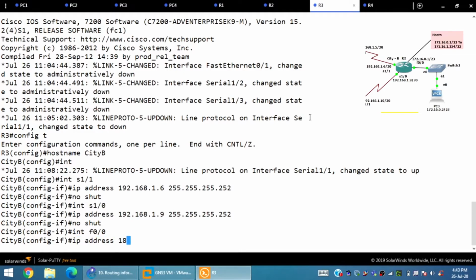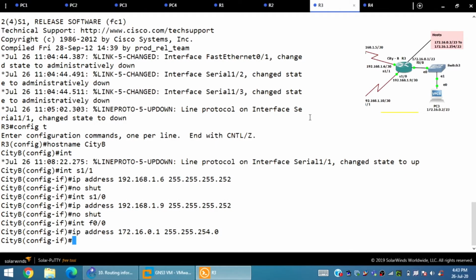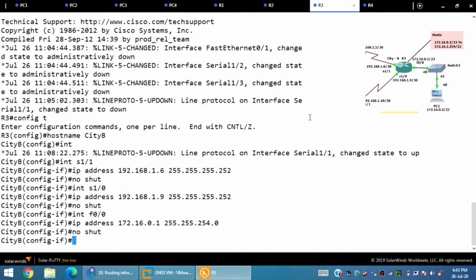For the next one, FastEthernet 0/0 is 172.16.0.1 with 255.255.254.0, no shut. So these things are now easily configured. What about router 4?